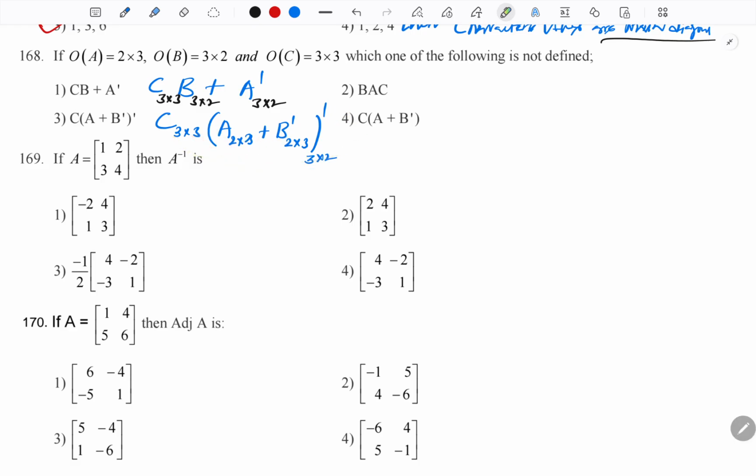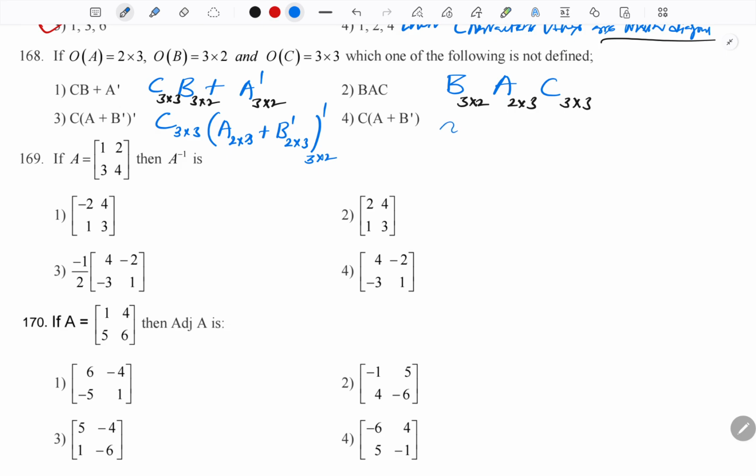Now see the next option, BAC, right? BAC. What is the B order here? B is 3 by 2 and A is 2 by 3 and AC is 3 by 3. Now possible or not? See, these two are the same. Yes, that resulted in 3 by 3, right? Yes, resulted in 3 by 3. Yes, possible. Next one,